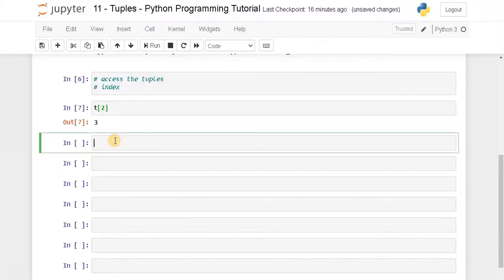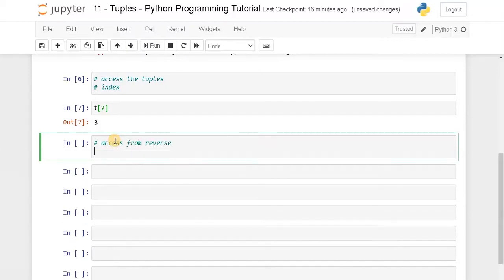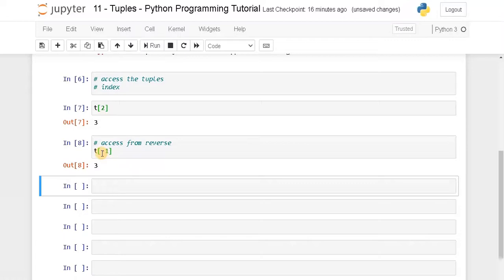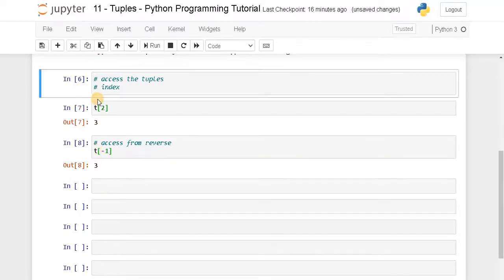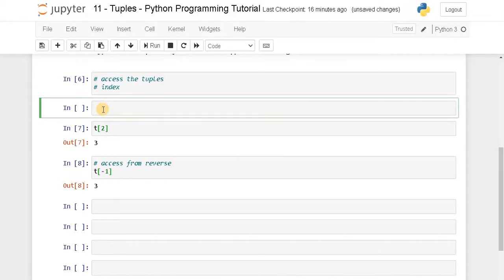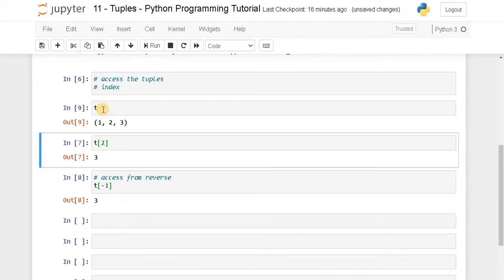Similarly, we can access from the reverse. Access from reverse, t of -1. Run it. Now it accesses the last item from the tuple. Let's display the tuple here to view easily. T. Now it accesses the last item of the tuple by using the negative index.